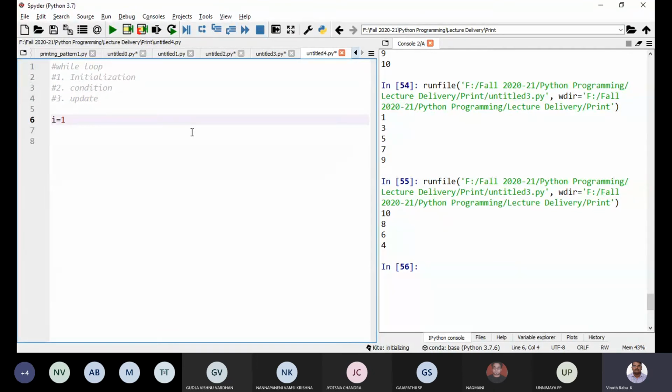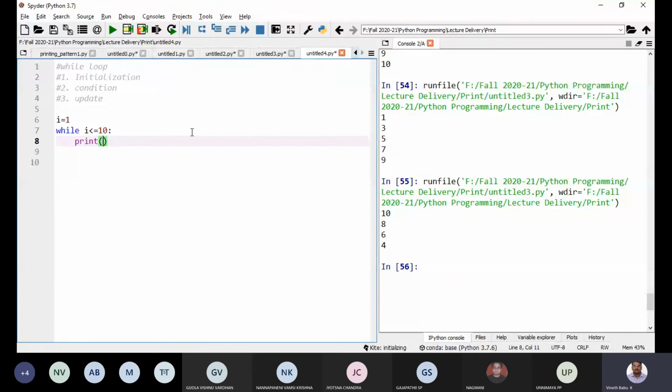I'm initializing i equal to 1. While is the keyword for the while loop. While i less than or equal to 10, I am going to print VIT.